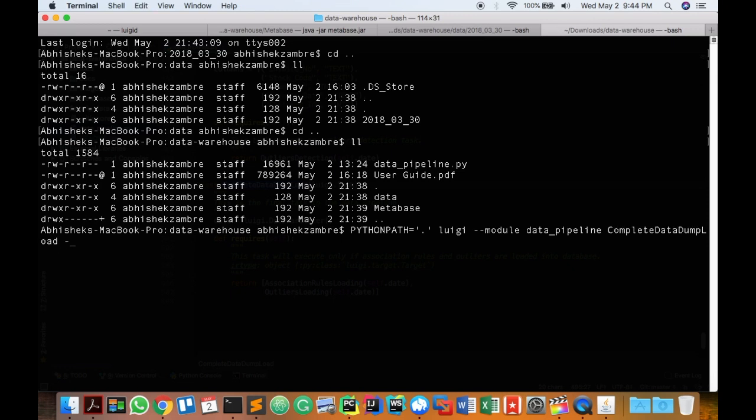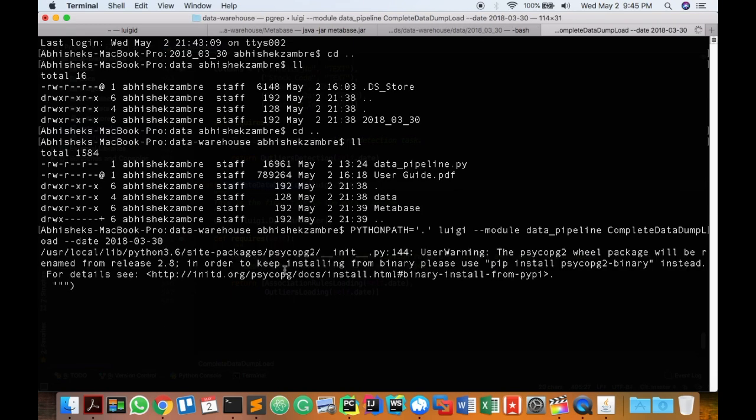And the next thing is to give it the date. So date is the directory name. As you might know, we have to replace this underscore with a hyphen here, so we'll just hit it.